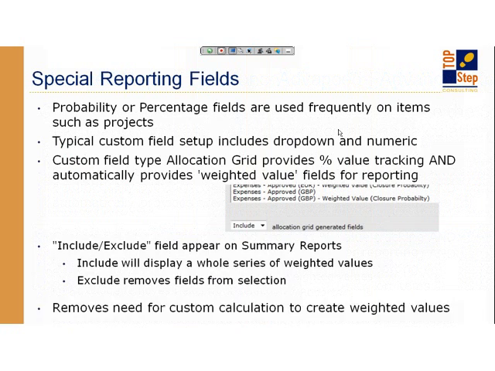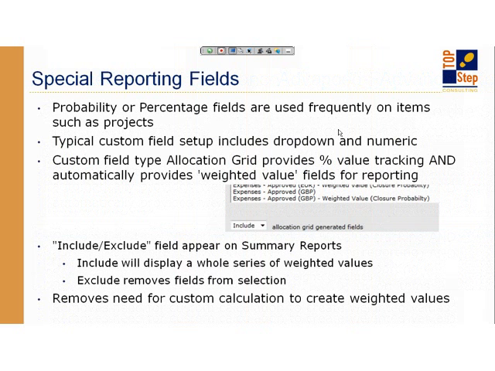So I also want to introduce a special reporting feature that some people may not know about. I do find, working with customers, that many times there's a need to multiply by a percentage to get a fraction or a weighted value in reports. So a lot of times this may be done by a drop-down because you want to make sure people select a specific amount of percentages, like 10, 20, 50, 70, and so forth. I've also seen people use